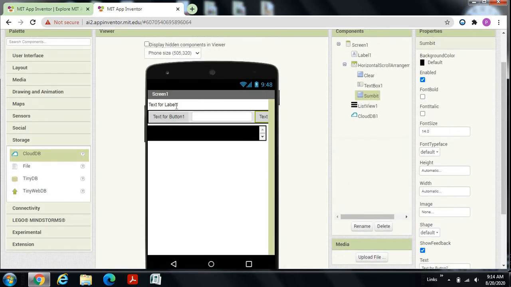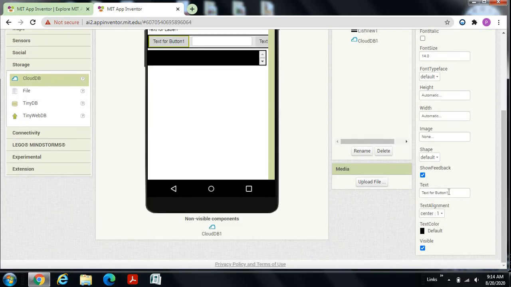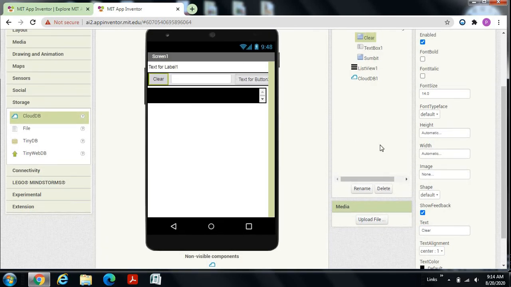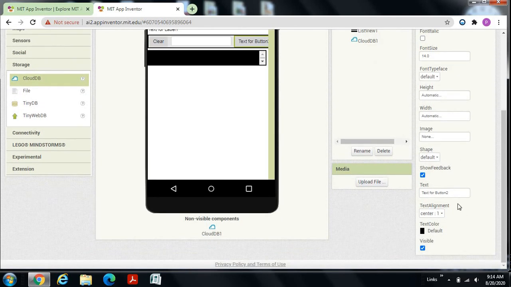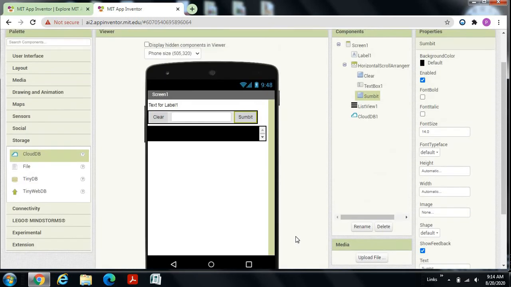Now rename this one as clear, and rename this one as submit button. Done.